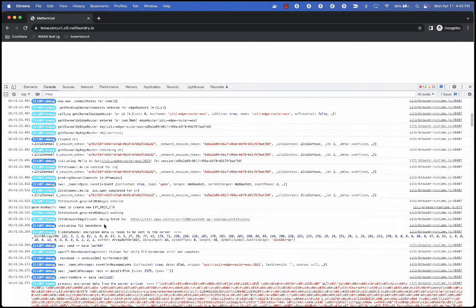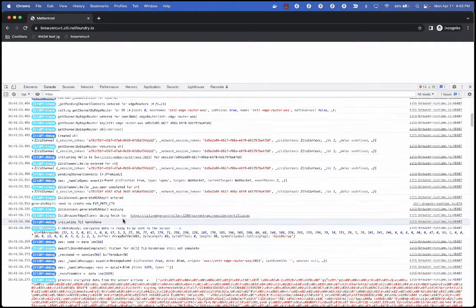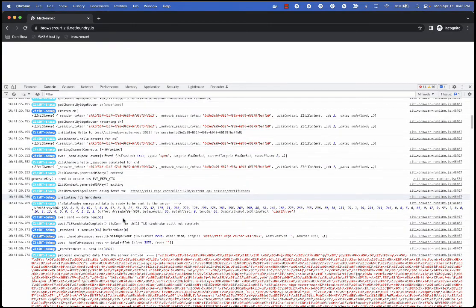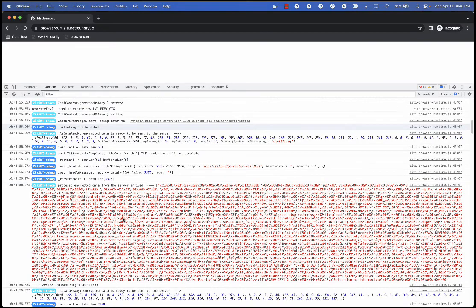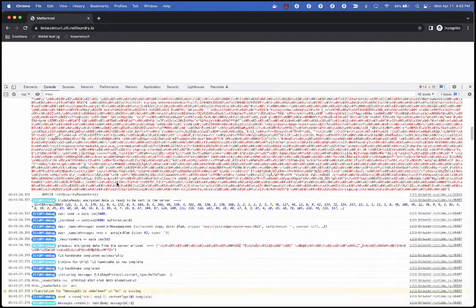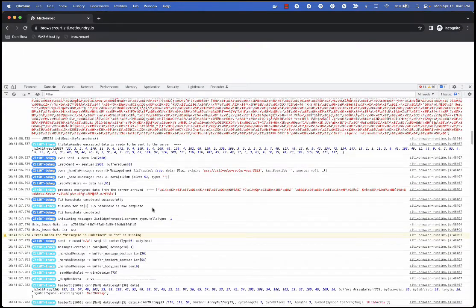And then once we have that, we begin the TLS handshake. Everything that is being done to get a mutual TLS connection is being done by the JavaScript running in the browser. Again, that's the Ziti browser core in conjunction with the Ziti browser runtime that are doing all that. So it's not Chrome, it's not the browser that's doing it, it's our JavaScript code. We literally start doing what's necessary to put all the binary on the WebSocket that we're opening between the browser and the edge router. We do all the handshake work